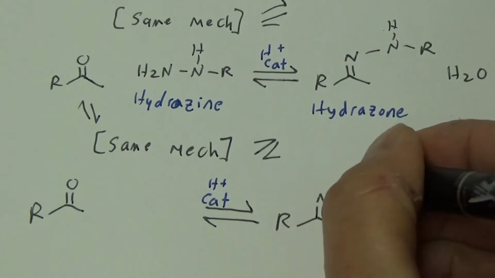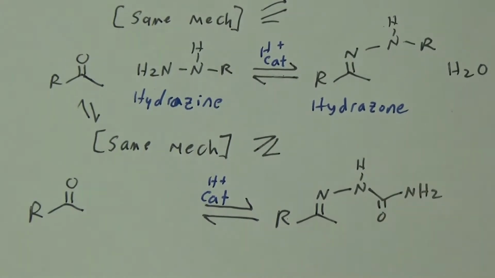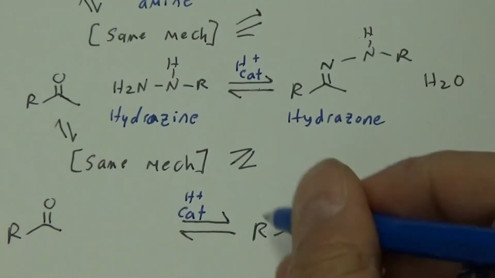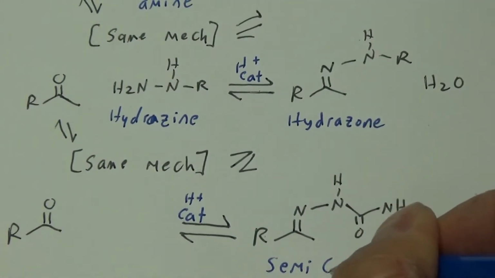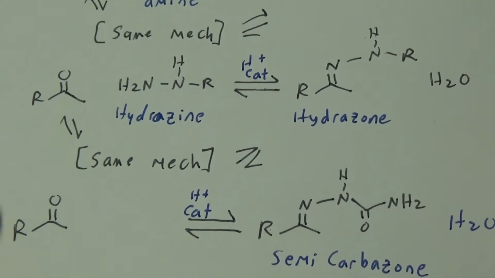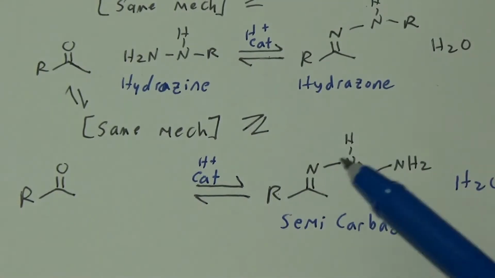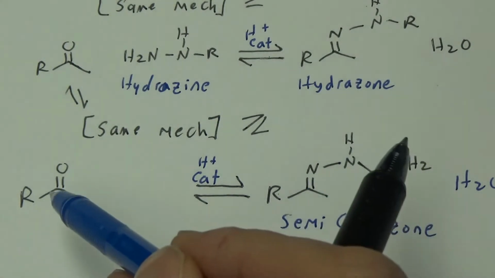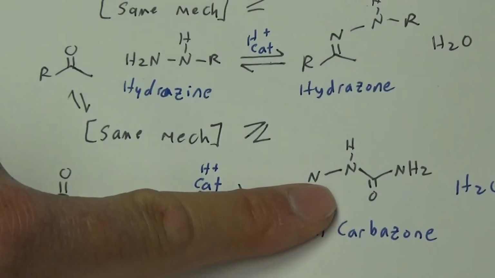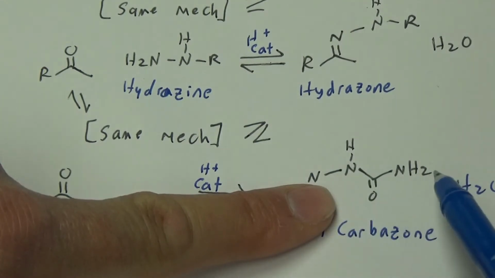nitrogen amine derivative. This is called a semicarbazone. You also make water. Semicarbazone. So what do you think the reagent is to make this? Any guesses? It's something minus the R and the two carbons, right? So it's that, right? That's the reagent with an NH2 on there. So it's NH2, NH, C double bond O, NH2, and that is,